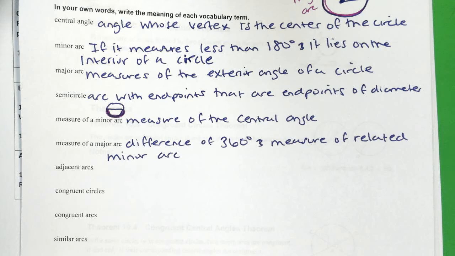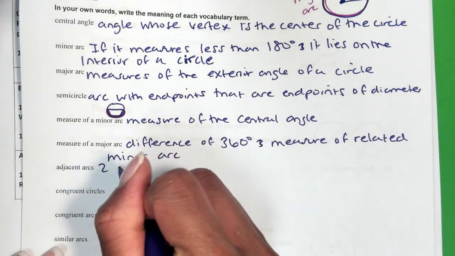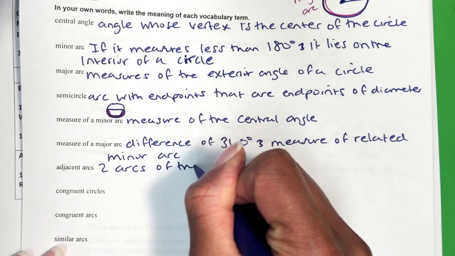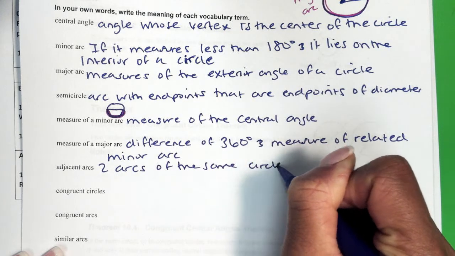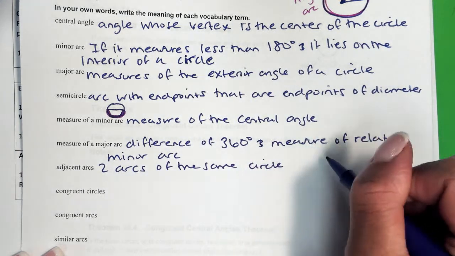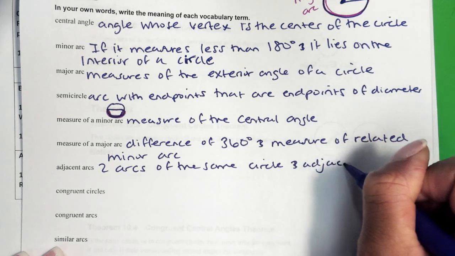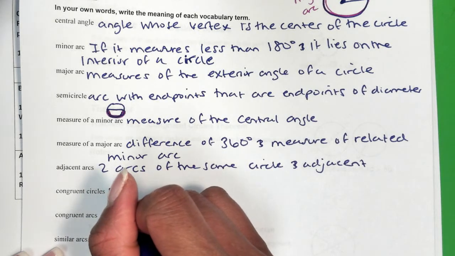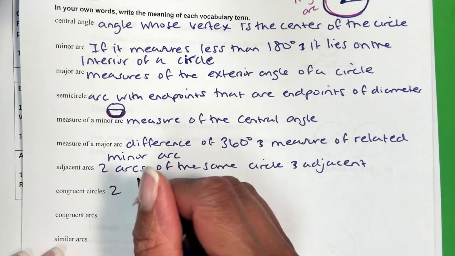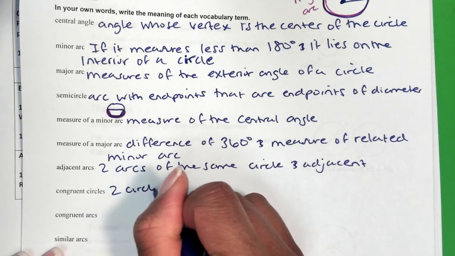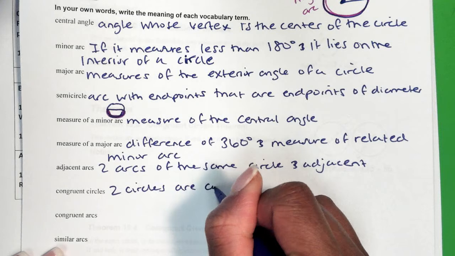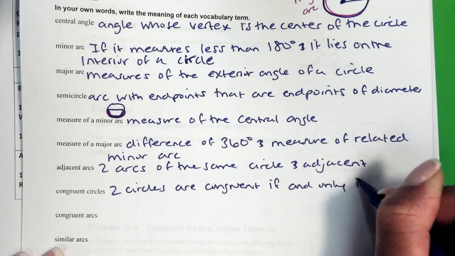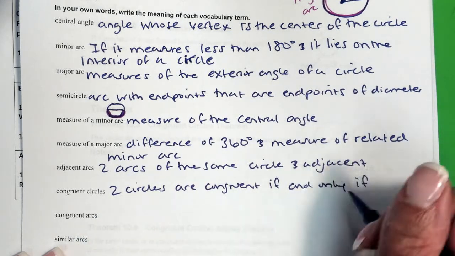Adjacent arcs are two arcs of the same circle and adjacent, meaning next to. Congruent circles, well, two circles are congruent if and only if